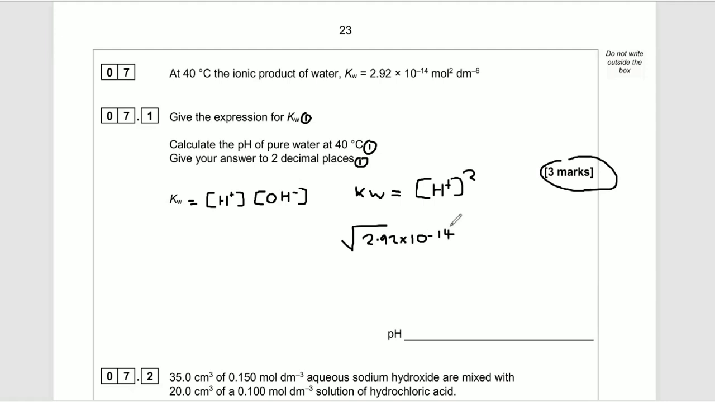Square root KW, 2.92 times 10 to the minus 14, jam it in the calculator, and what we should get is 1.708 times 10 to the minus 7, and that is the hydrogen ion concentration. Now we just need to do the minus log of 1.708 times 10 to the minus 7. And if we do that, whack that in, we're going to get a pH of